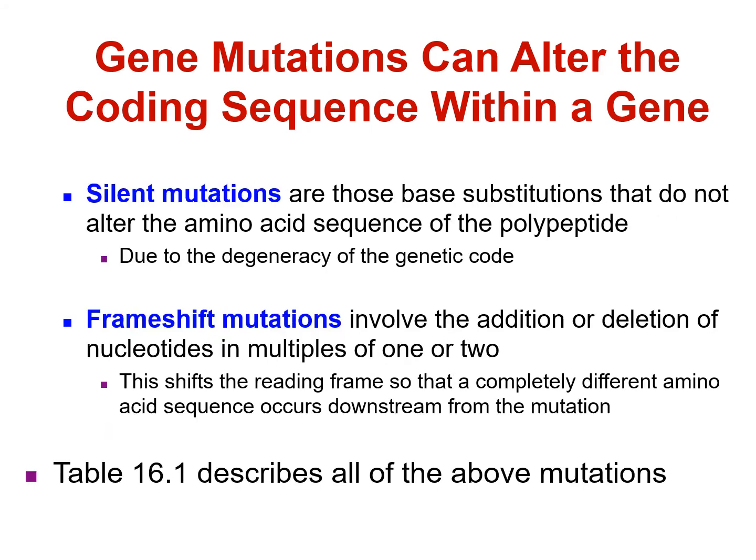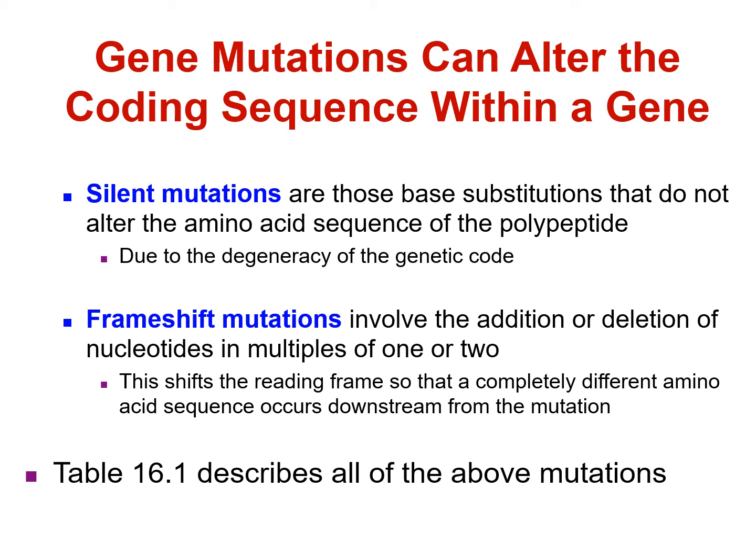A silent mutation alters a base but does not change the amino acid and thus has no effect on the protein. So these mutations are those base substitutions that do not alter the amino acid sequence of the protein. This is due to the degeneracy of the genetic code. So you know that